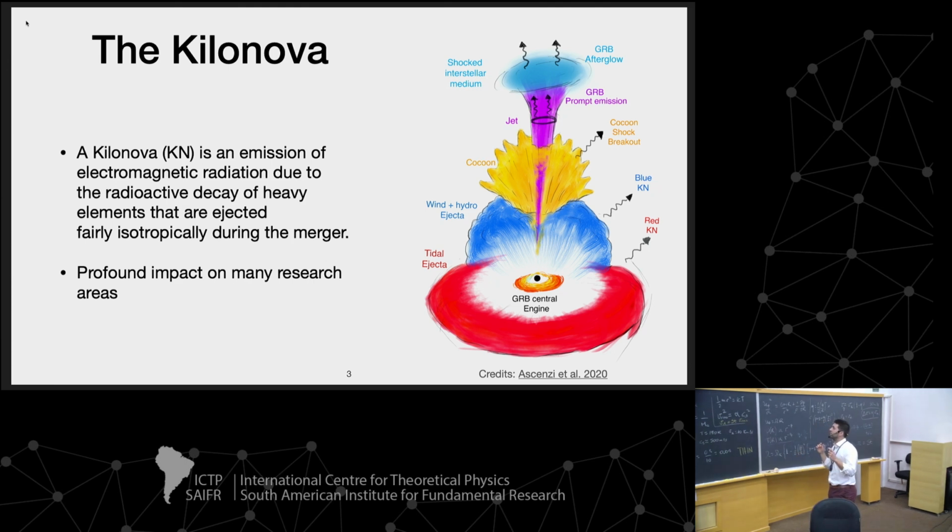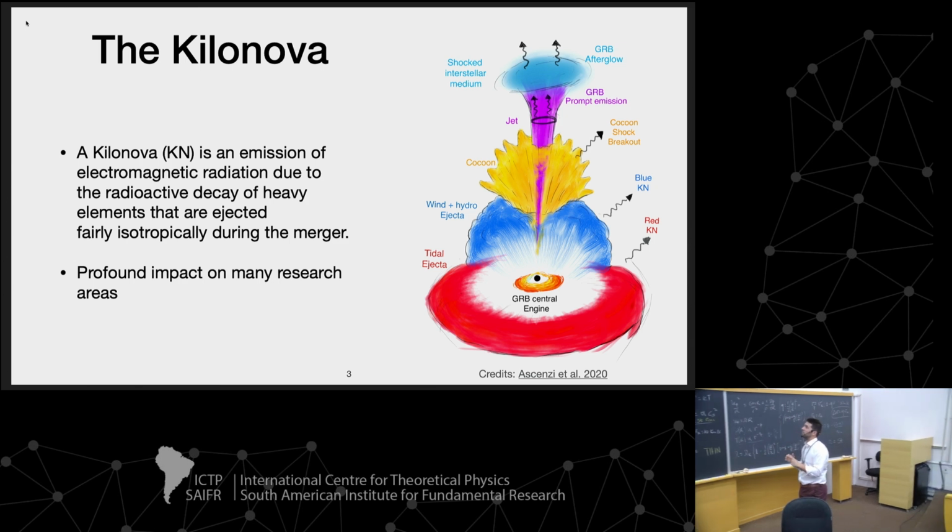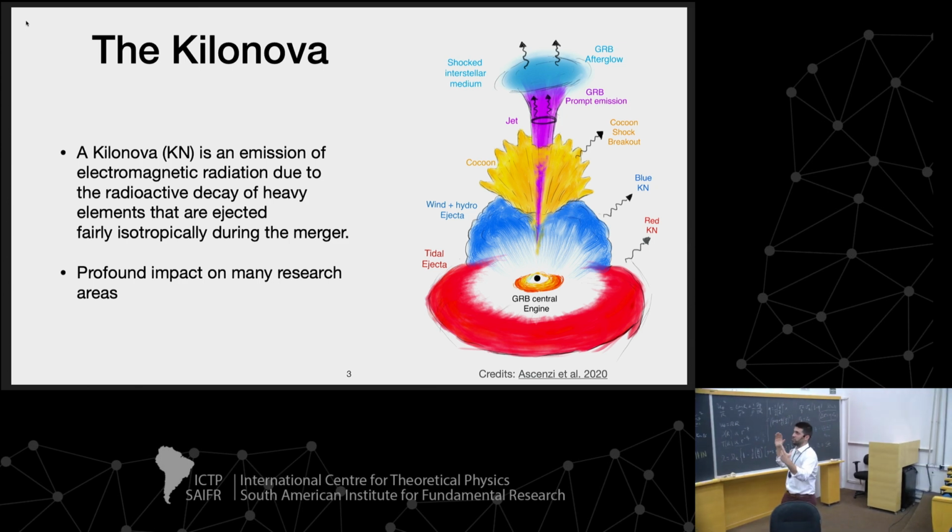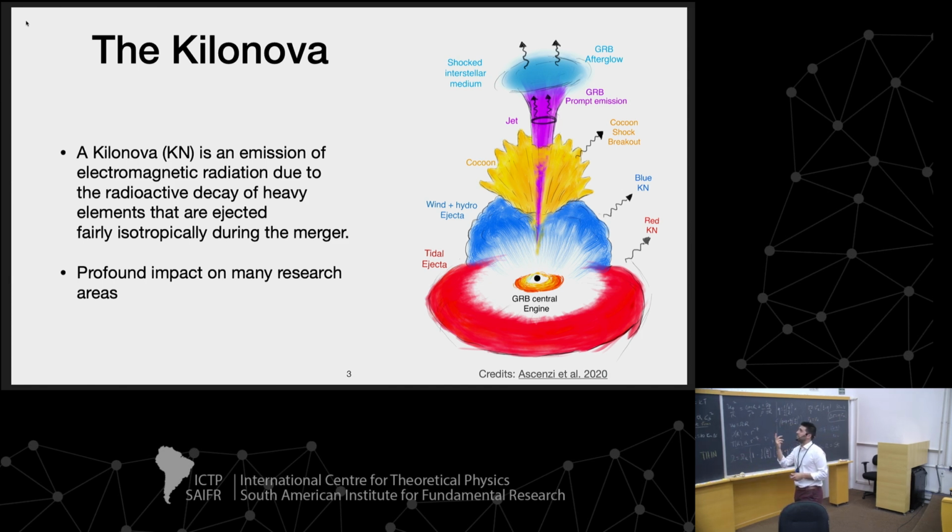And right after, you have the kilonova, which is an isotropic emission of electromagnetic waves. The prompt emission of the GRB is instead highly polarized with respect to the kilonova, which is highly isotropic. This emission comes from radioactive decay of heavy elements. And it is particularly important because